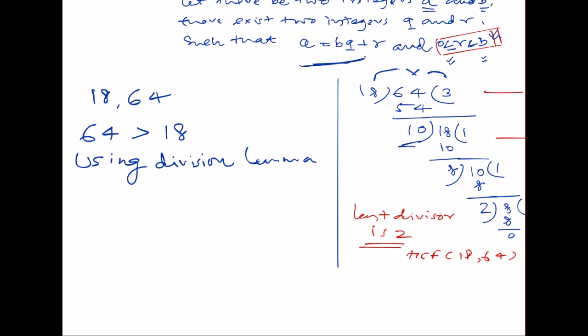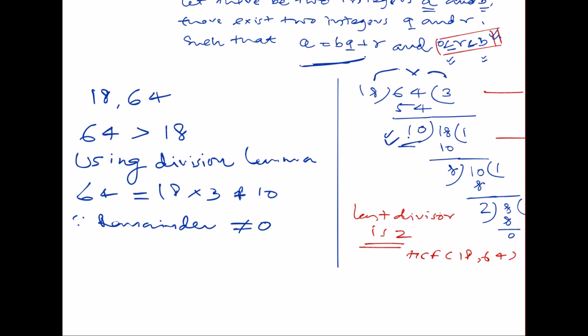So in place of A, we shall write 64 is equal to, see here, 18 into 3. So 18 into 3 is 54 plus 10. As you can see, remainder 10 here. It was 10, so it will become here as the first step. Now guys, as I told you, we have to do this till we get the remainder 0. So since the remainder is not equal to 0, we have to proceed further.